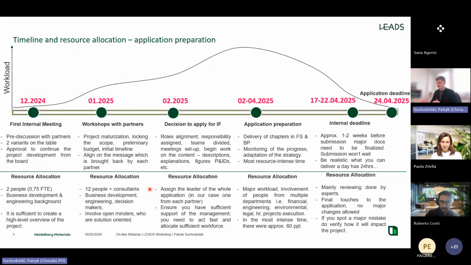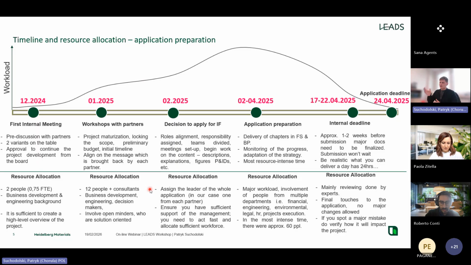You will involve people from multiple departments: financials, engineering, environmental, legal, HR, project execution, and so on. In our case, there were approximately 60 people only from our organization who were involved in the process of the application preparation. So you will move forward very fast, and there won't be a lot of time to come back to what you have already done. That's why you need to ensure that these are top-notch